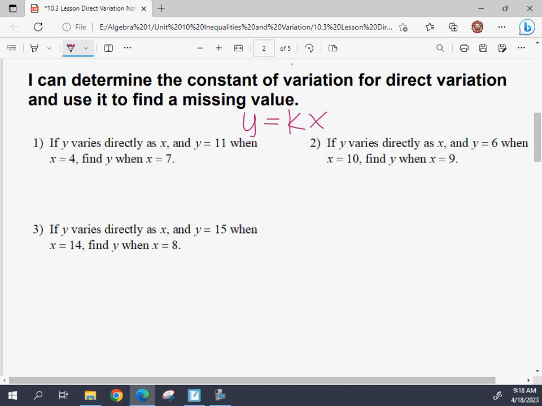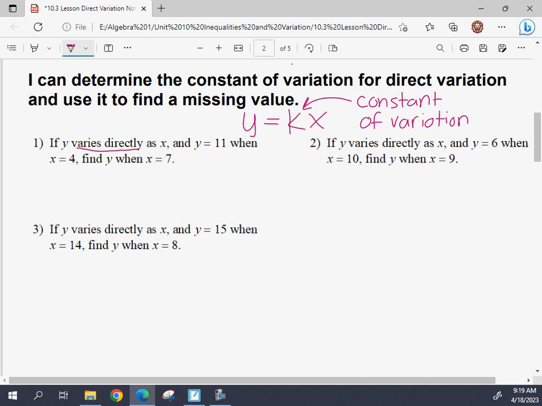And we introduce this letter K. K is the constant of variation. It is a value that is related to the variables x and y. And so if we know that these two variables vary directly, as it says here, we can actually find a constant of variation, or if we know the constant of variation, we can use it